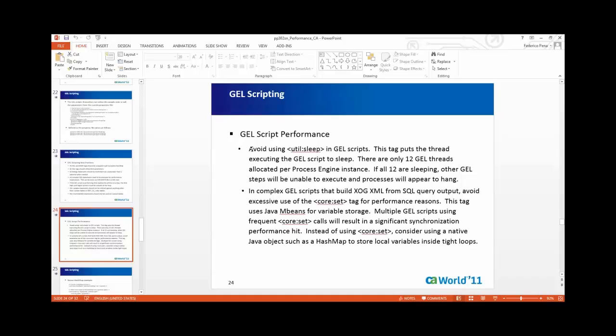For those of you that have ever utilized the util sleep in GEL scripts, what the util sleep item does is it actually pauses your GEL script in a number of milliseconds. Some people wanted to sleep for 10 minutes or 15 minutes or 20 minutes. That's really bad practice because there's really only 12 GEL threads allocated for each process engine. So if all 12 are sleeping, then everything's going to appear to be hanging. Also, avoid